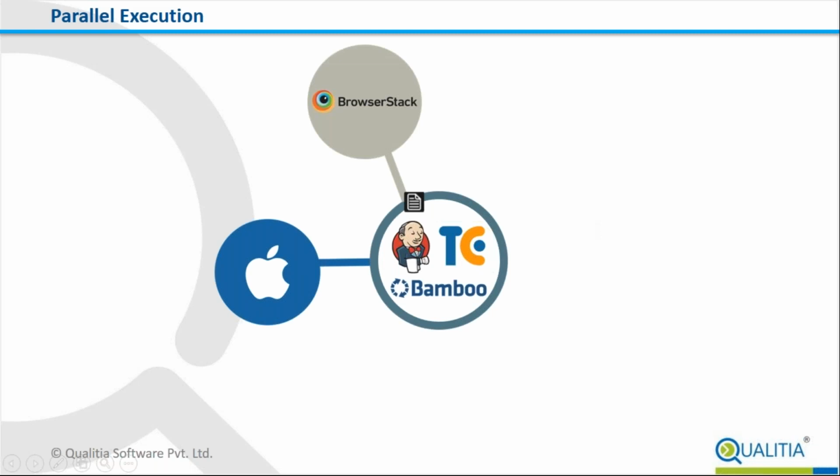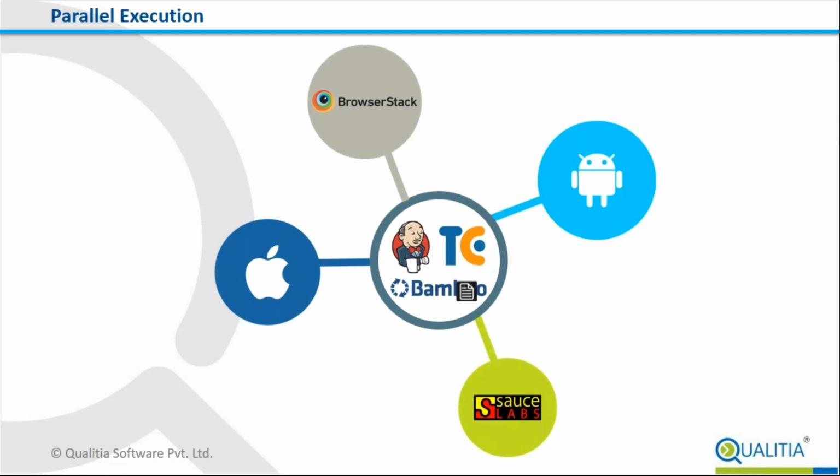There are multiple options in Qualicia for how you can do this. We are going to demonstrate or talk about one of those options. So you could have your continuous integration tools as part of your DevOps pipeline, which orchestrate the DevOps pipeline, and using our integration with Jenkins, TeamCity, or Bamboo, you can have one single test case or a combination of test cases or test suites orchestrated across multiple environments simultaneously or sequentially or in any order that you want.